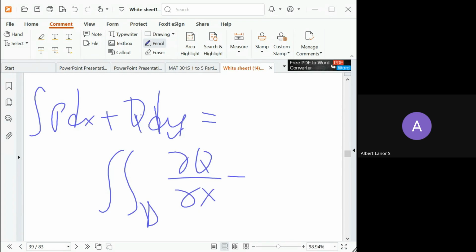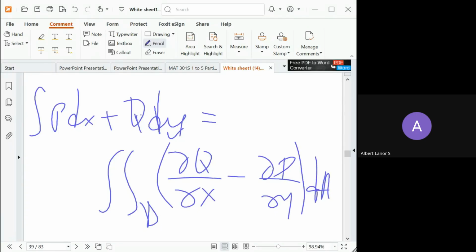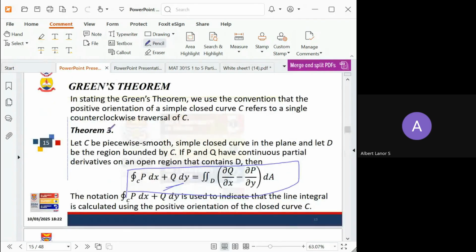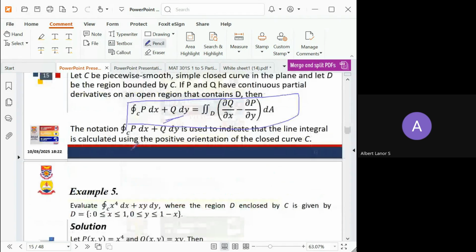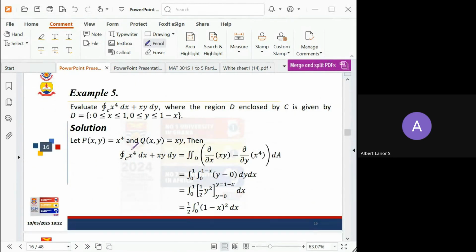Qx minus py in A. Okay. So once you have this formulation, you should be able to evaluate that line integral in that closed region. Okay. Now, example. We want to evaluate